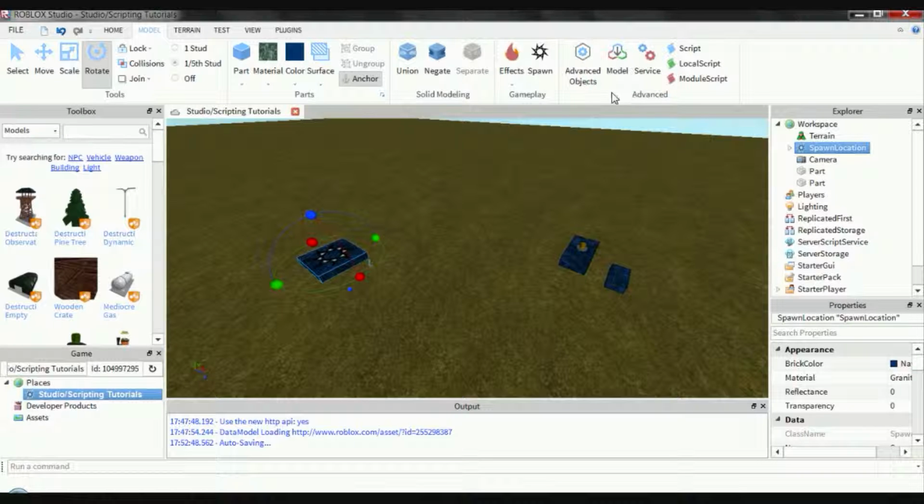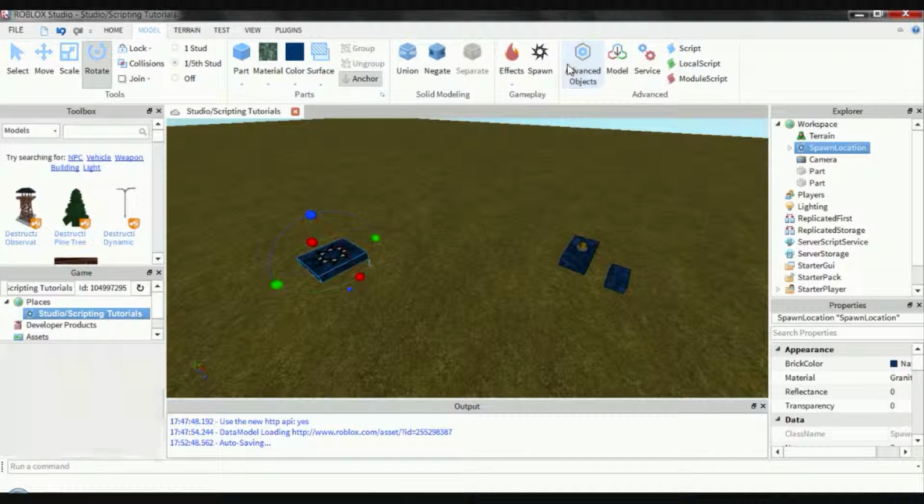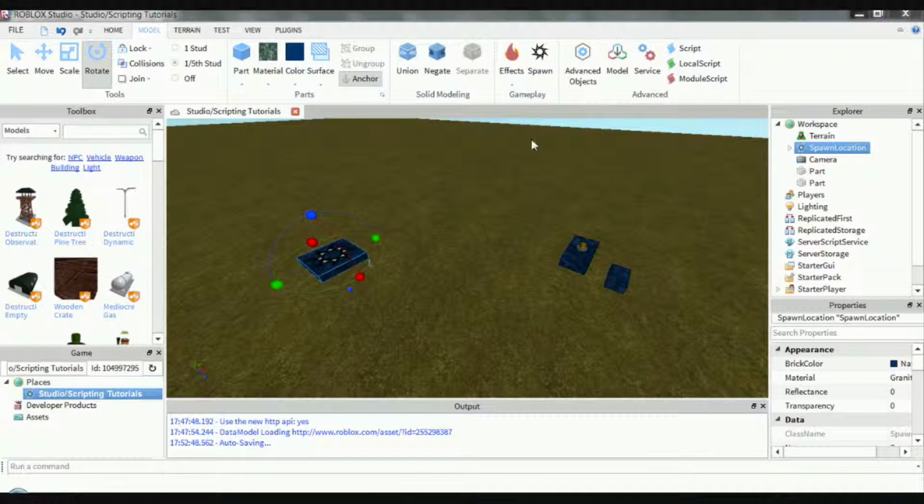And then this is the advanced section right here. Advanced objects you can insert. So they're objects that aren't basic, like bricks and stuff, like animation controller, and I don't know what this is used for. And you can insert scripts, stuff like that, so I'm gonna remove that. And then you can insert a model